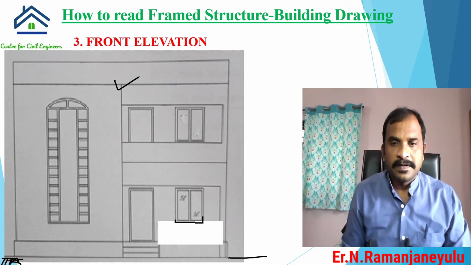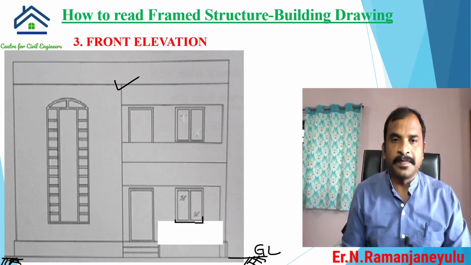This side is the ground level. This is the conventional sign of ground level. These three lines are drawn at a 45-degree angle, then it is called a ground level conventional sign. Here you can see steps at the main door,